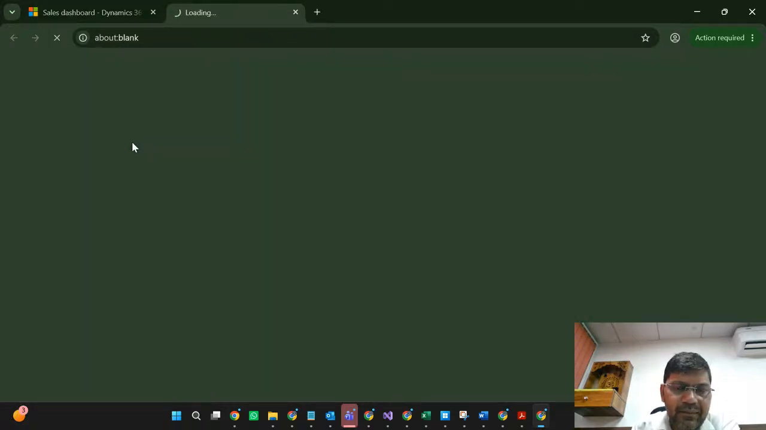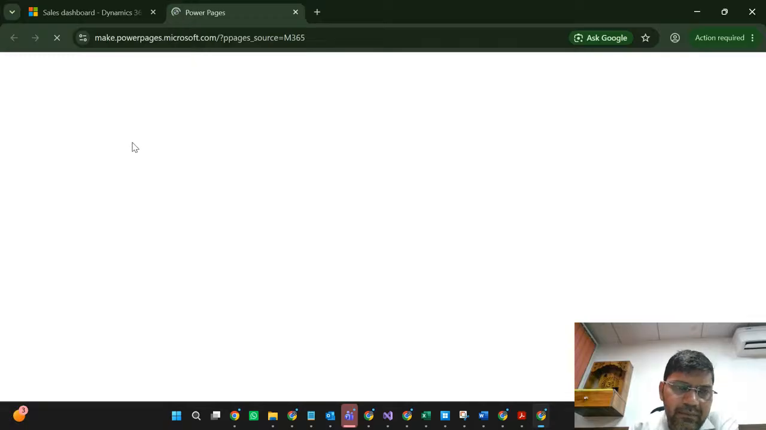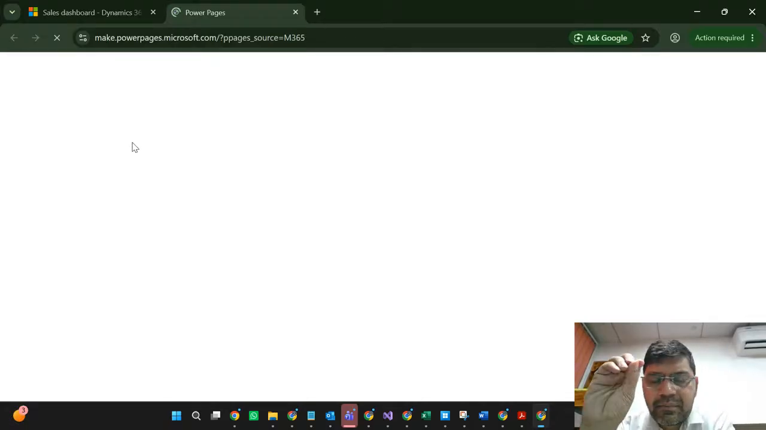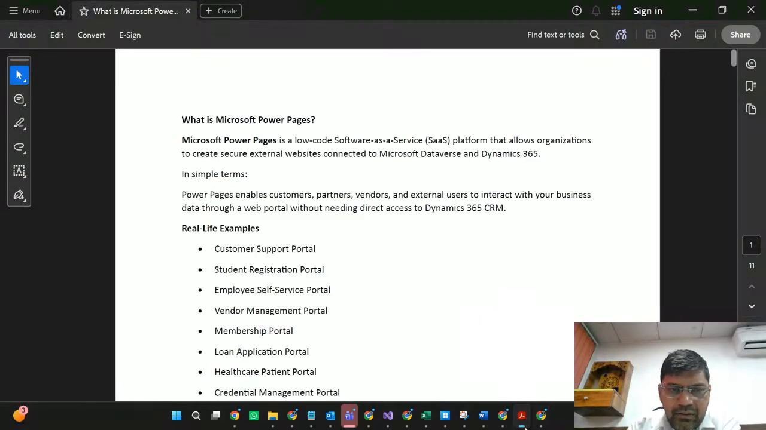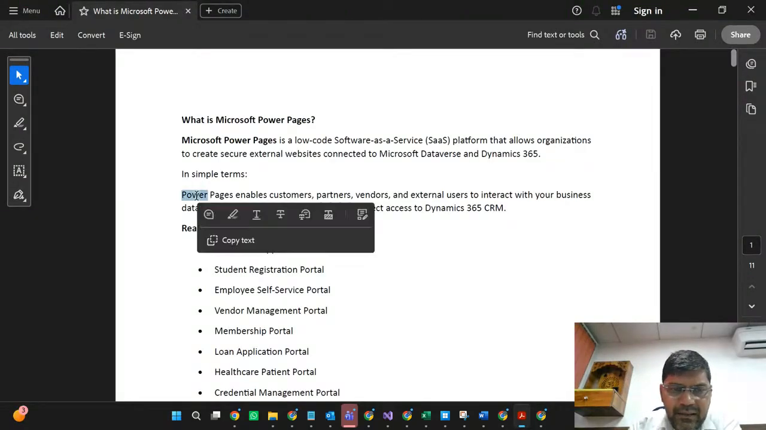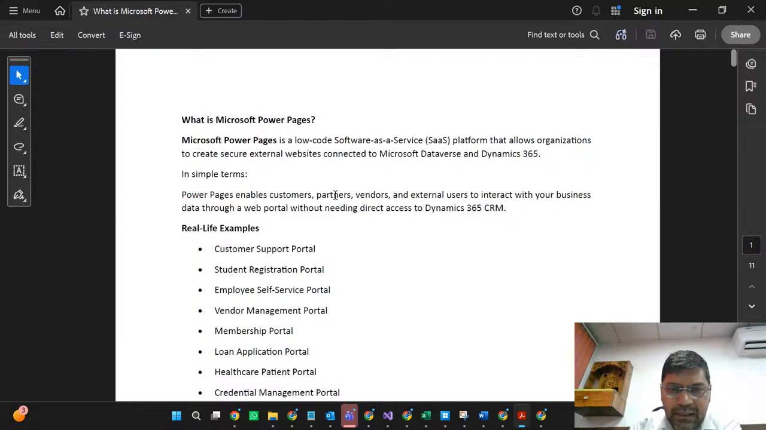Dynamics CRM data. What is Dynamics CRM data? Like we have customer information, case information, different types of activities. It totally depends on what types of customization we have done in this development. Okay, so in simple words, we can say Power Pages enables customers, partners, vendors, and external users to interact with